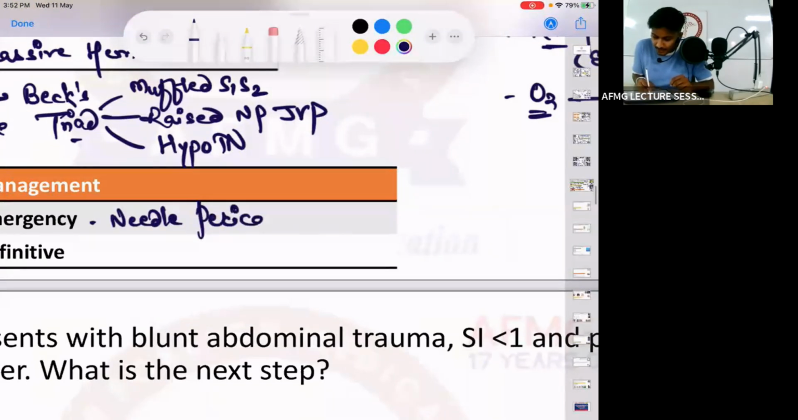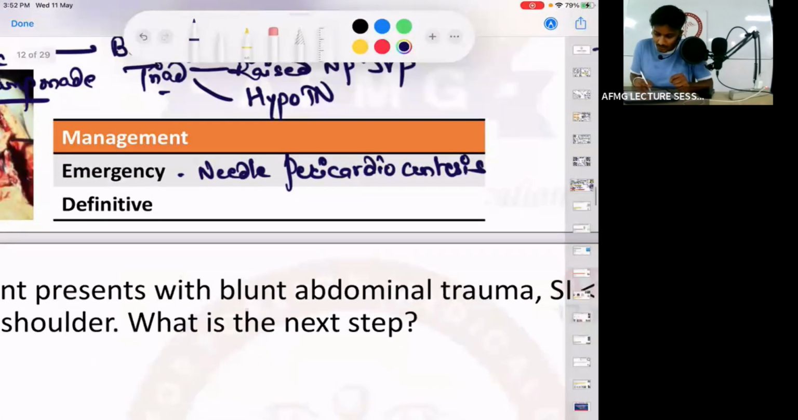Emergency management is done by needle pericardiocentesis. ठीक है? Needle pericardiocentesis beneath the xiphisternum. ठीक है? And definitive management is done by surgical management. That is क्या? Thoracotomy. Definitive management is done by